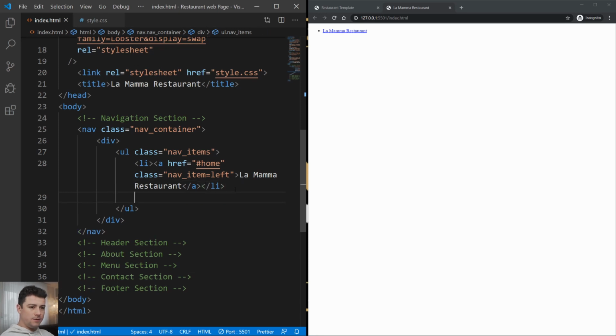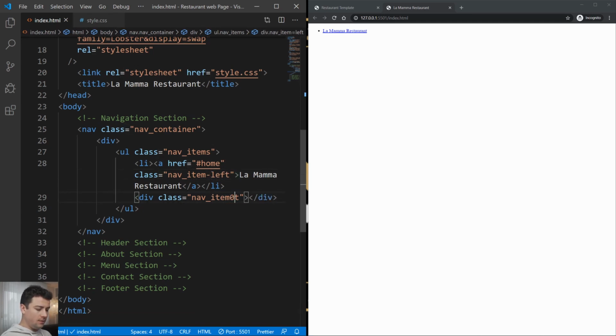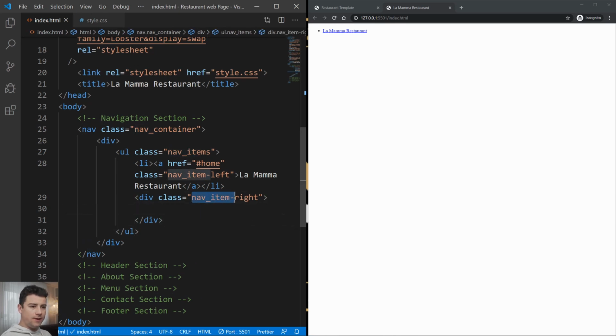And then underneath of our first li, we'll create another div. And we'll give this the class, actually I'm just going to copy this class. The class of nav item, and this would be right. And within this div with the class of nav item right, we'll leave our next lis with the href of about,